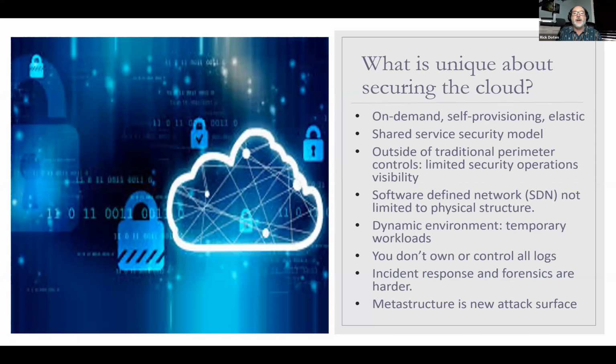First, let's talk about what the unique aspects of it really are. These are some that I came up with and talk about all the time. One of which, of course, is that the whole definition of the cloud is that it is on-demand, self-provisioning, and elastic. It could be many different types of services. It could be your own private cloud, and I'll talk about that in a minute, or public, or infrastructure, or software as a service. But everything is on demand. You don't have to put boxes together and get things installed like you did before.